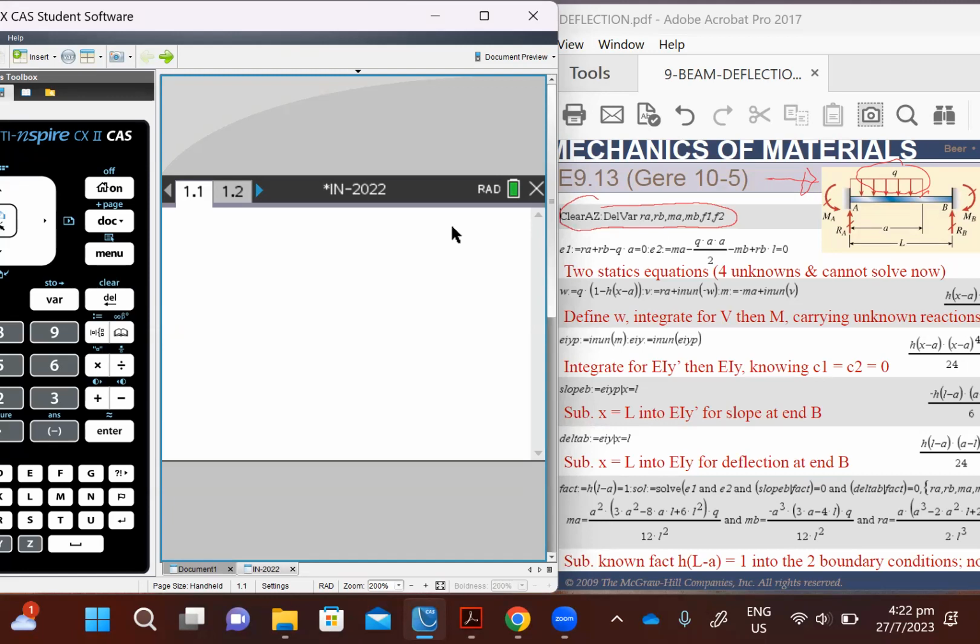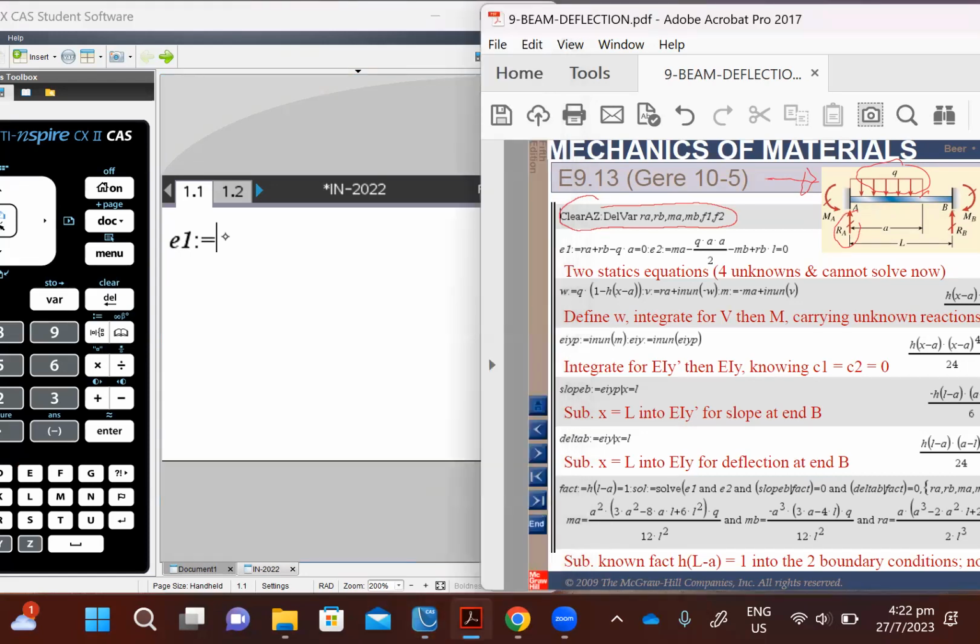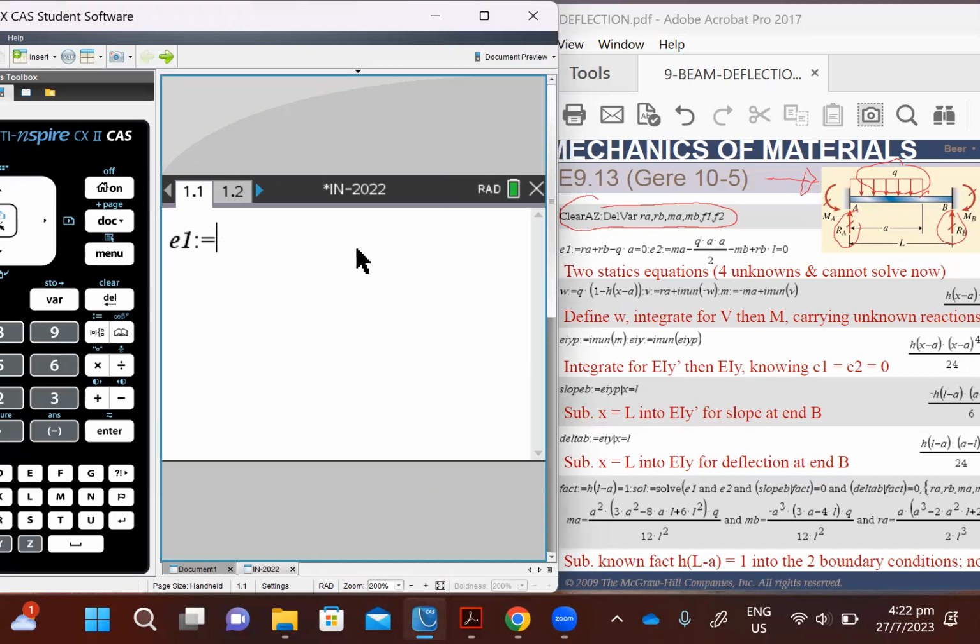So you look at the loads and you formulate your static equations. The first equation is called E1. I'm going to use my keyboard here. E1 is colon equal to the force equilibrium, which says all the upward load, I've assumed two upward loads, RA or B. These are my unknowns. So the sum of them will be equal to all the downward loads. So RA plus RB